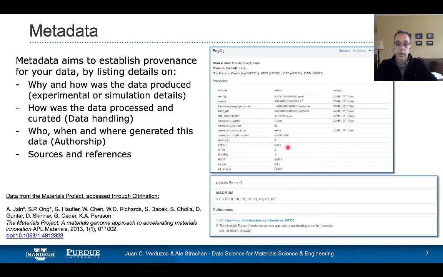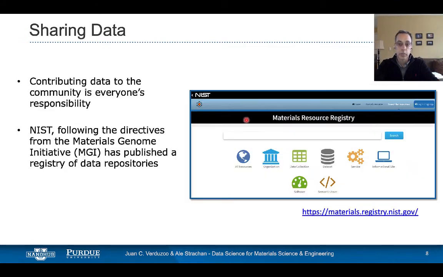It tells you, for example, an energy cutoff that has to do with the details of the calculation. What type of symmetry constraints were applied to the simulation? K-points. So these are important aspects of the calculation that affect the result. And with knowledge of all of these, an expert can easily reproduce the results or assess how that result was obtained. This is a computational example, but of course the exact same ideas apply to experimental data.